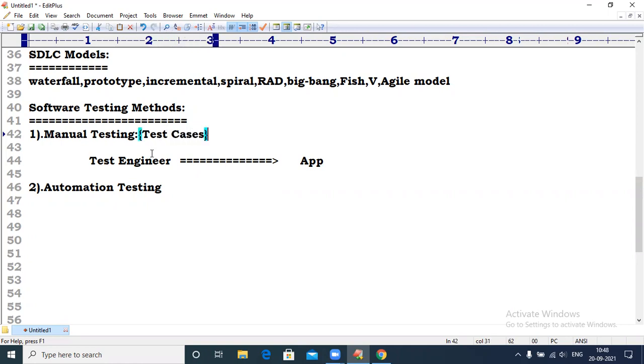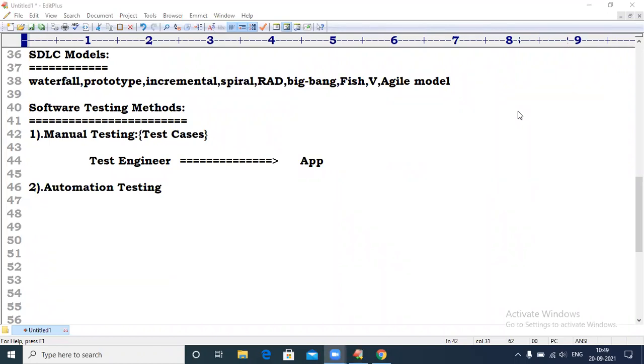Sir, in entire manual testing, the only important things are what is a test case, how to write test cases, and how many types of test cases there are. Only those things are important at the time of manual testing. Don't bother about anything else. If you don't know anything about computers, don't bother about that.